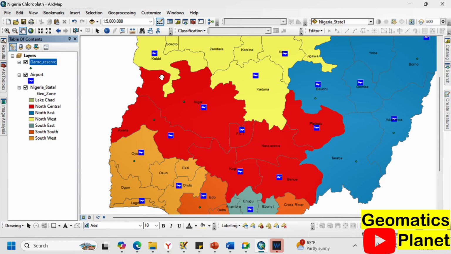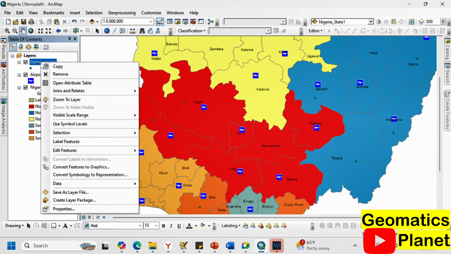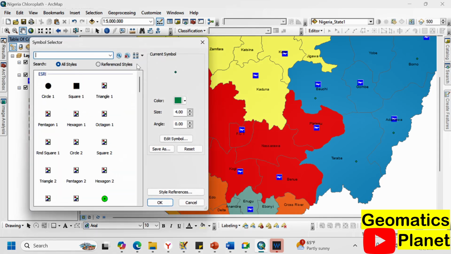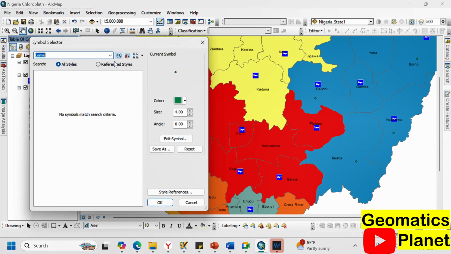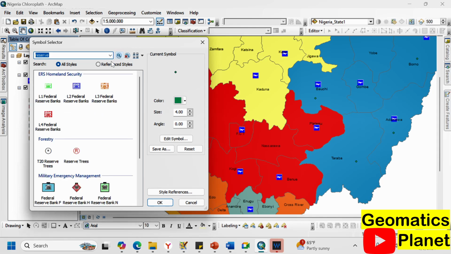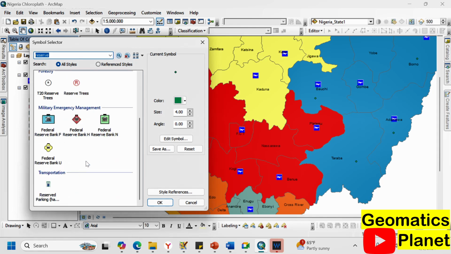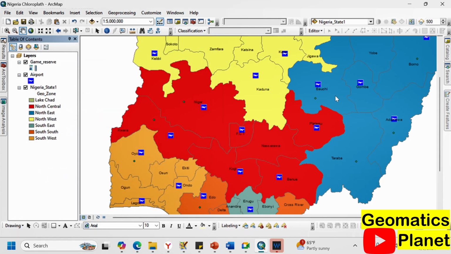you can see. So if I want to get that done, I can change the symbology, which you already know. So let me type something like game to look, search and see there is nothing like that. Then let me also type reserve. So I want to look for a unique symbology that matches game reserve. So you can see parking reserve and the rest of them. So if this is what I want, I can click apply and that's automatically applied to each and every